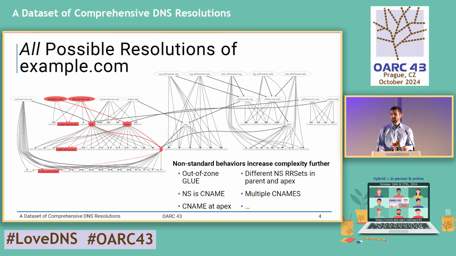However, even if you do these resolutions, the resolver picks one path through this graph and might encounter problems that are only existing on a single path, for example, only due to a single authoritative that might respond differently to the others. And in this context, we set out to gather as many of these comprehensive resolutions as possible, and